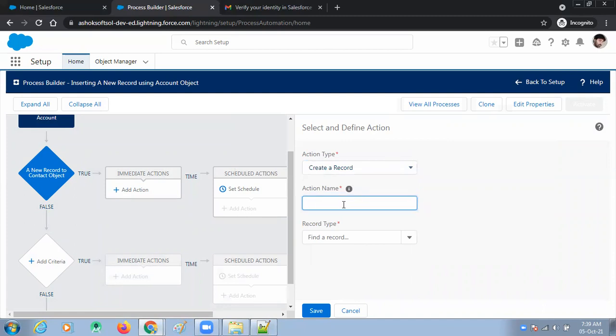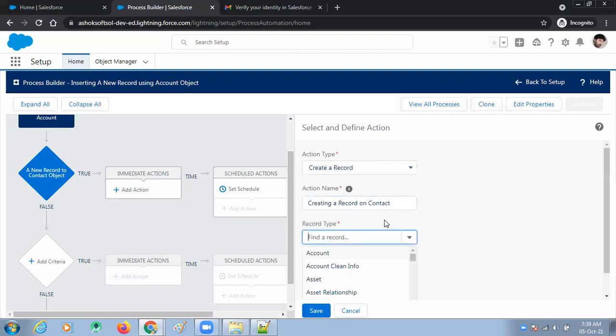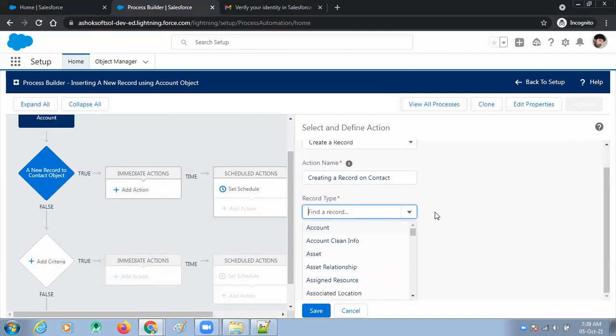Action name, creating a record on contact. Okay, record type. In which object you want to create a record, which object you want to create a contact.